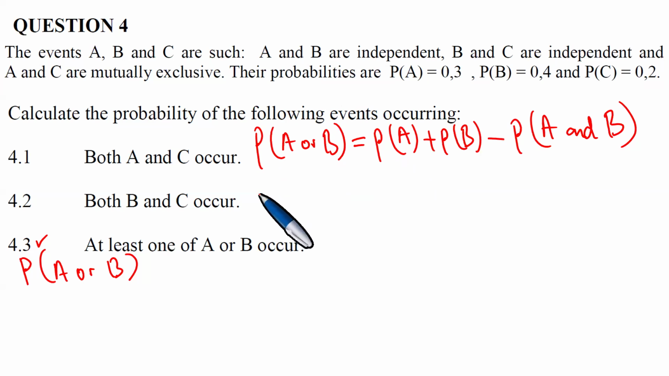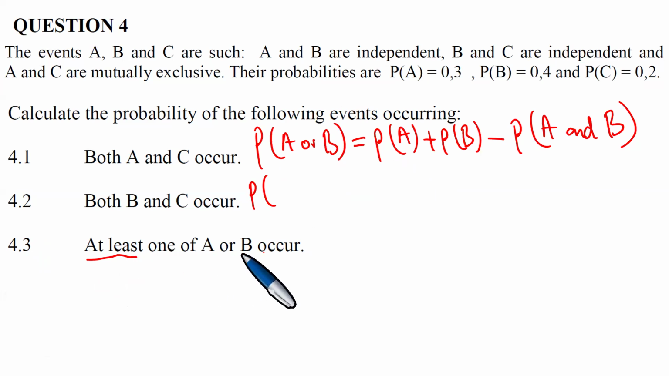Now, if they say the probability of at least one of A or B occurs, what does at least mean? In other words, it is either A occurs or B occurs. So it is A or B. And therefore, this equals the probability of A plus the probability of B minus the probability of A and B. Like so. So the probability of A or B equals